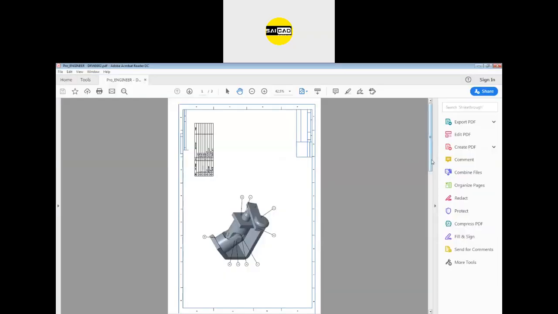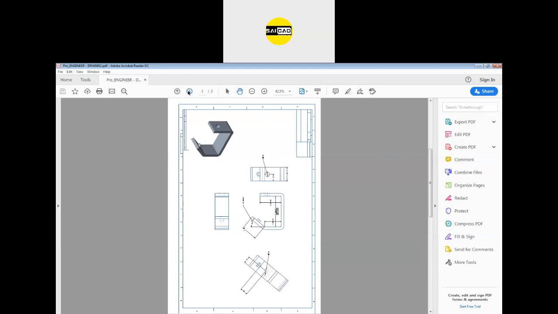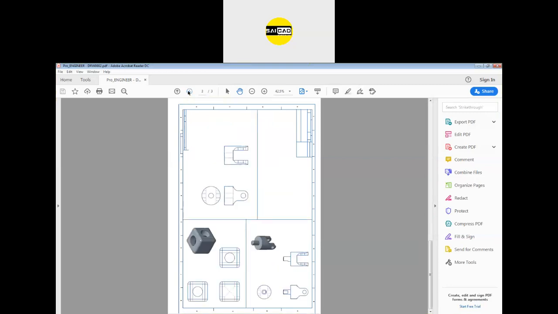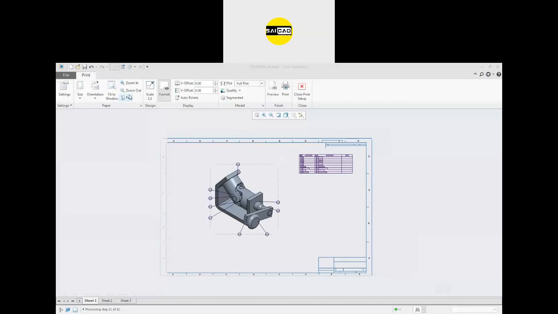Okay. So here we have three options. You can see right now this is in the landscape. We have to select portrait, we have to select landscape. So if you go to sheet 2, we have sheet 2 also and sheet 3 also. So to change that, just go here, orientation, select it to portrait first and go to the preview.